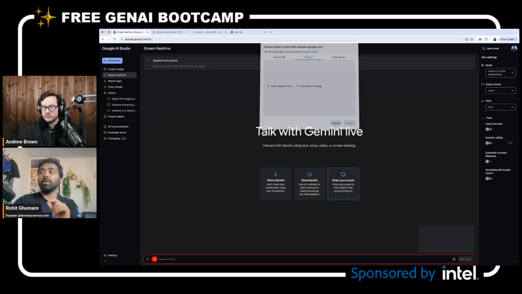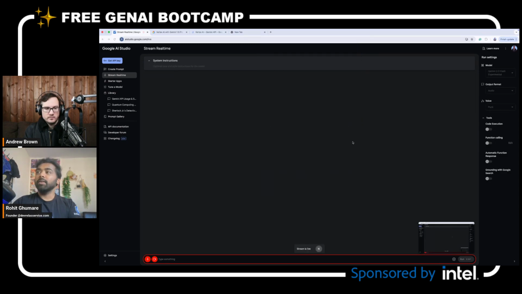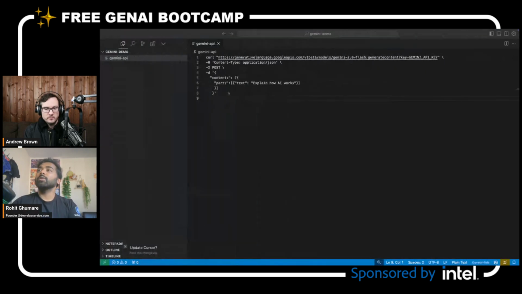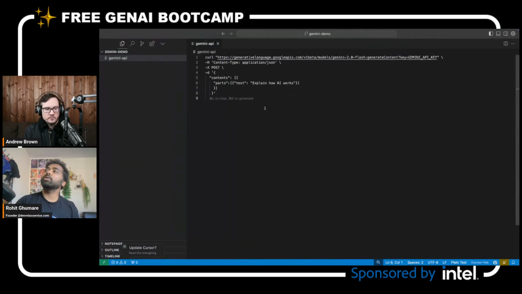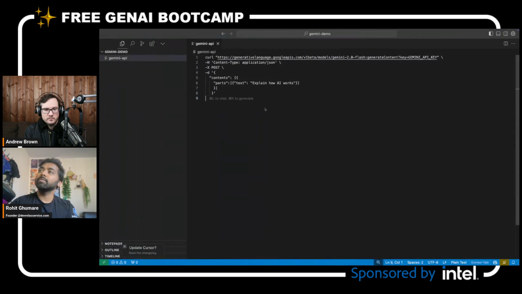Another cool thing is you can also share your screen. So let's say I want to share my screen, and now it is seeing my screen, right? So I will ask, Gemini, can you check how I can run this code? I know the code and I know what is going on, so I will just ask it how I can actually run this code.